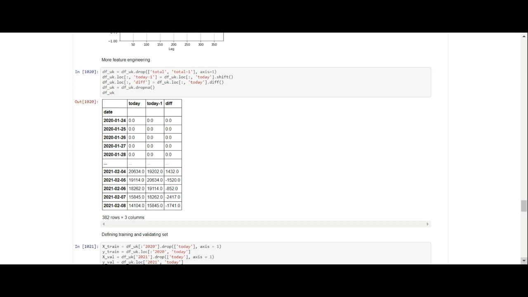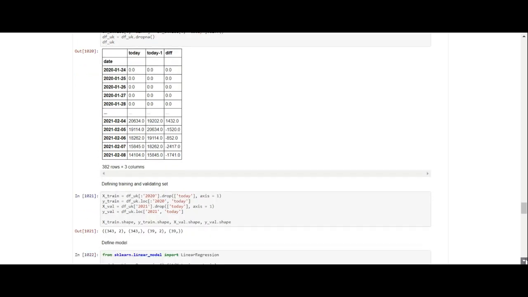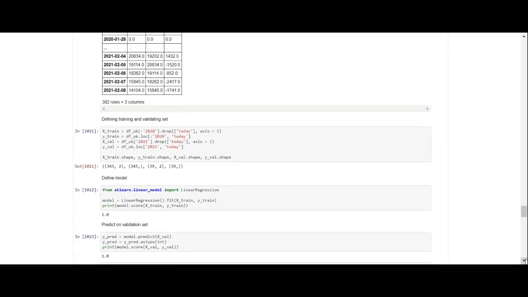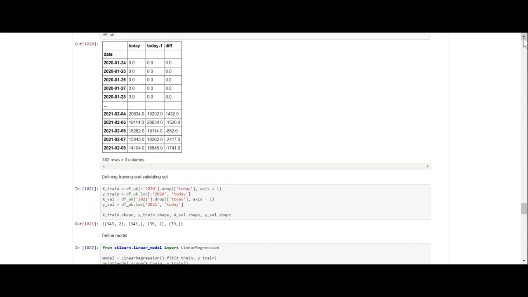So today was on the 8th of February 14,104, and today minus 1 was 15, and so that's a difference of negative 1741. And I did actually check that on Google, and that was true. It did actually give you the true figures. So now after we've done some more feature engineering to have today and today minus 1 and the difference,